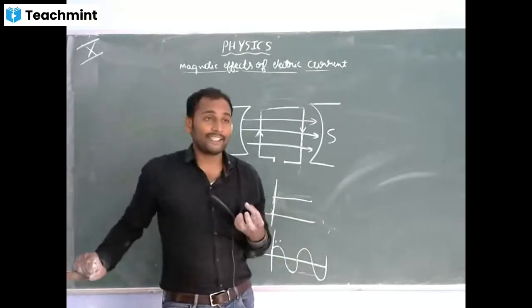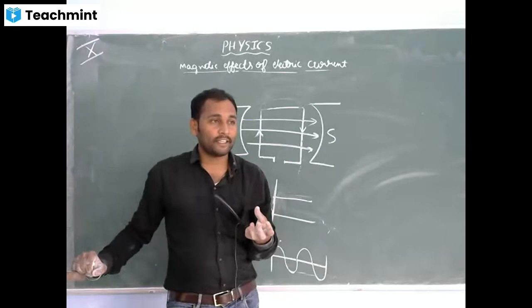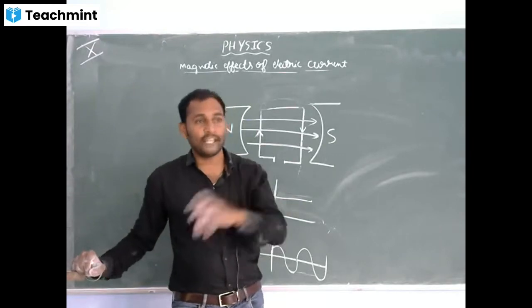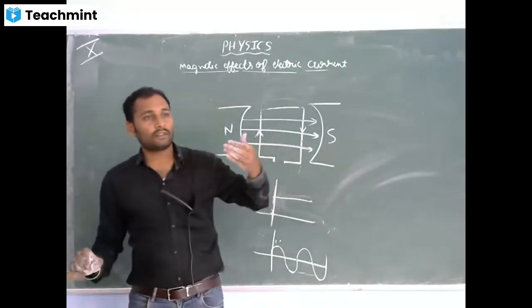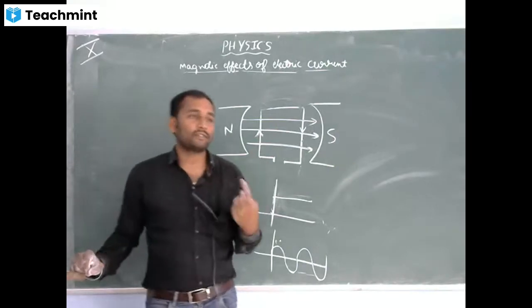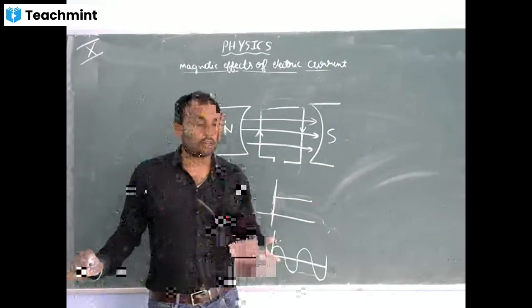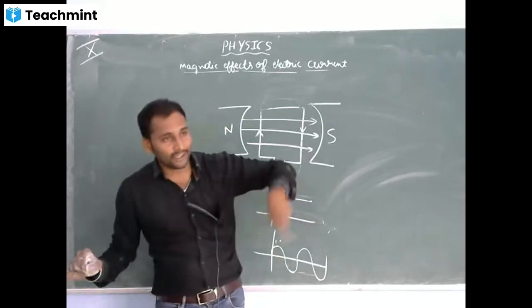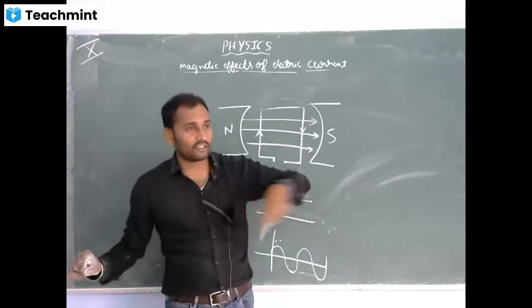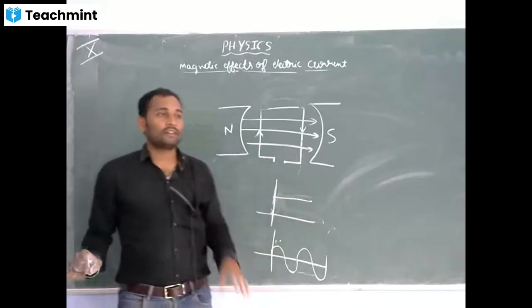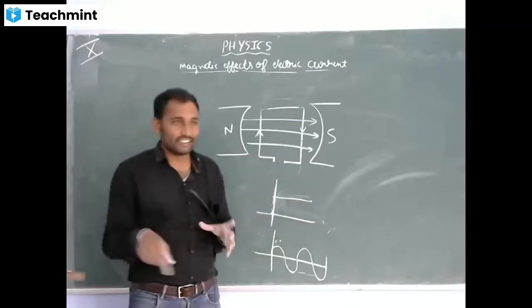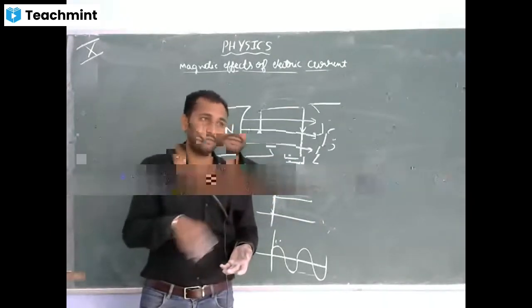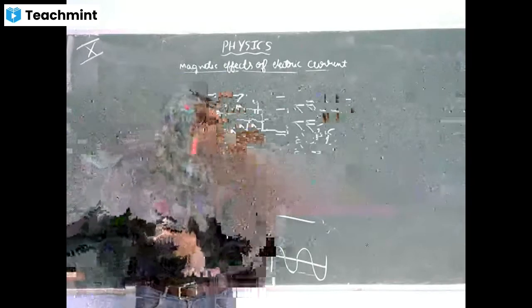We will use a device called a rectifier. A rectifier is a device which converts AC current into DC current. So the fan will have rectifiers, and whatever AC current comes will be converted into DC, so the fan will rotate in only one direction. You might have seen washing machines, which rotate in two directions, first this side, next this side. There we will not have rectifiers. If it is an AC motor, no need to use rectifiers; it will rotate in two sides. Clear? So let me explain the AC motor.